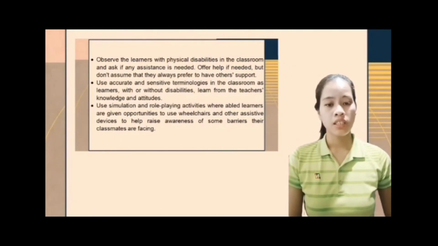Use accurate and sensitive terminologies in the classroom as learners with or without disabilities learn from the teacher's knowledge and